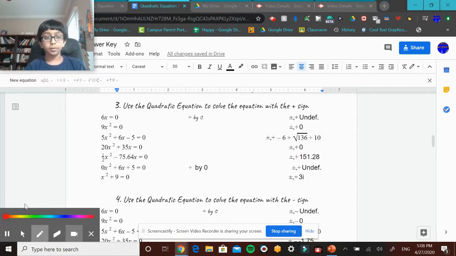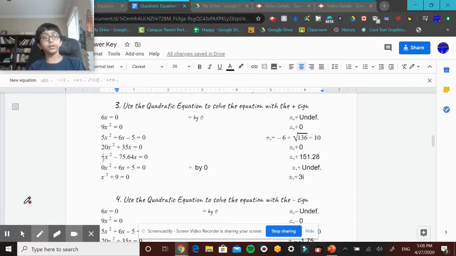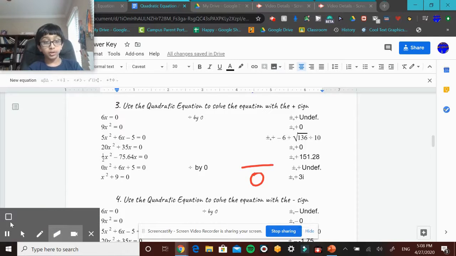Okay, for our next problem, a is 0, and we already know the answer is undefined. Why? Because if a is 0, then that means 2a is 0. And as we know, the divide by 0 error stops us immediately. But if you were solving this linearly, like you should be doing in school on a test, the answer would be negative